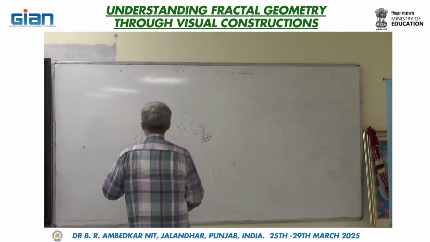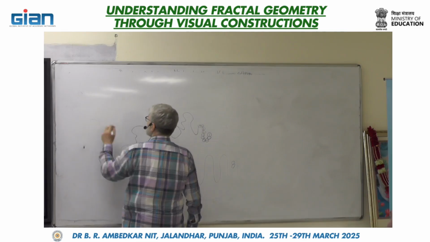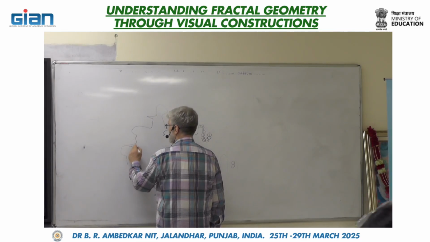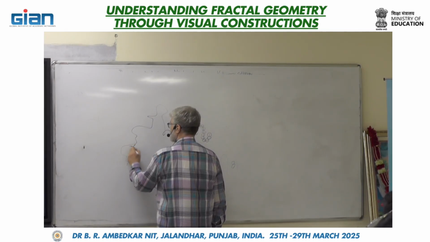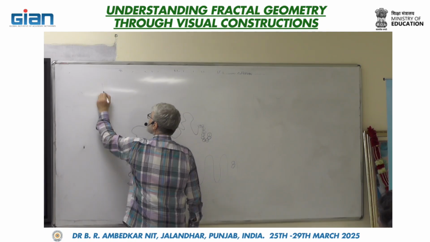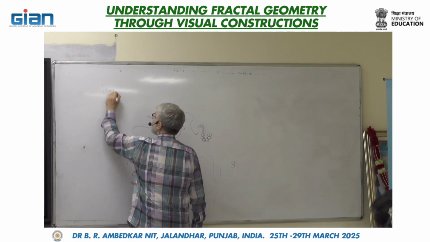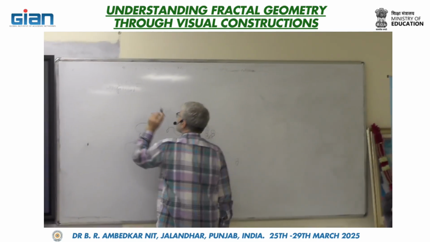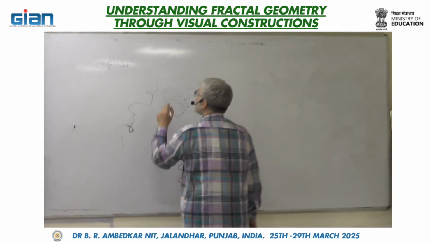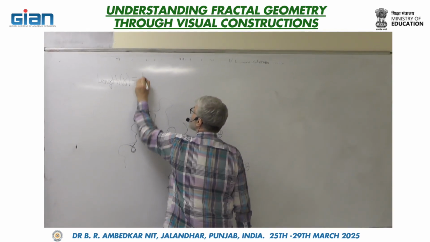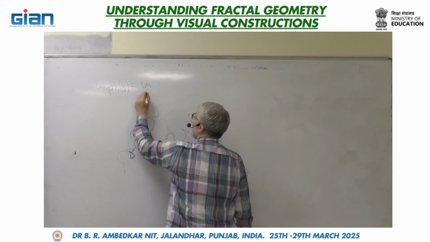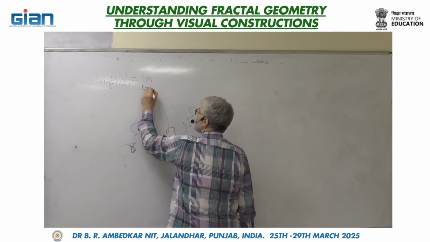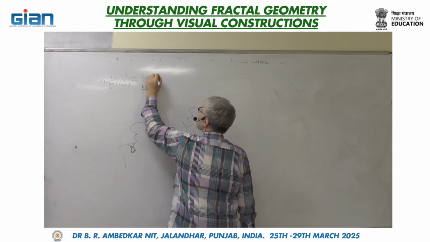So what do we do? Let this be a curve. Let me denote it by gamma. So the length of gamma is a limit as epsilon tends to 0 of